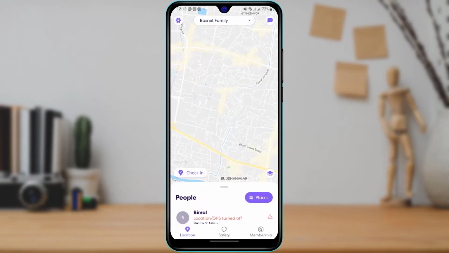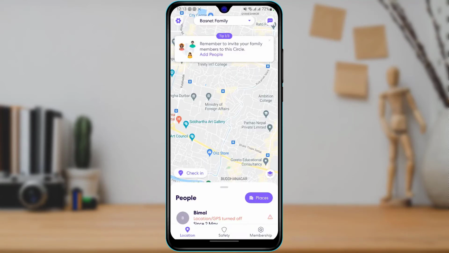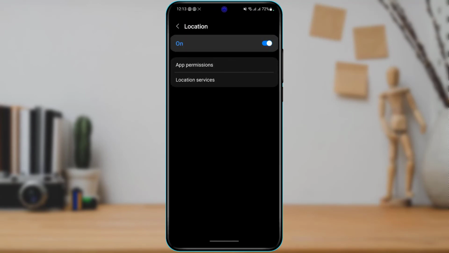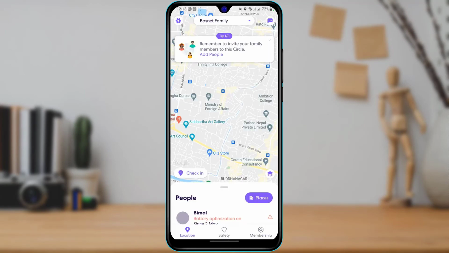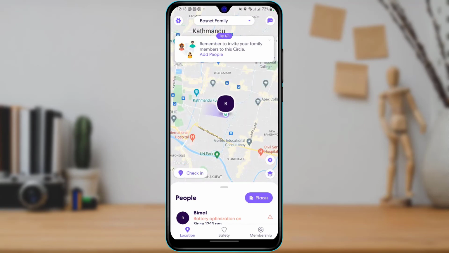Then we want to simply go back and run the family tracking application again. You also want to turn on your GPS again by going to settings and then turning on your location right over here. So as you can see, we have successfully signed up as well as created an account on the